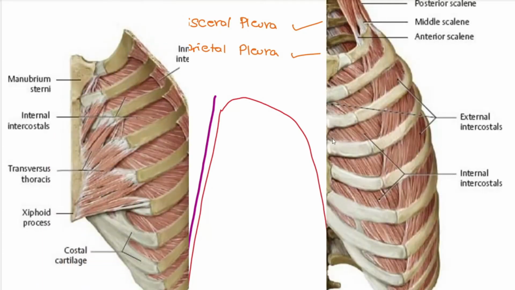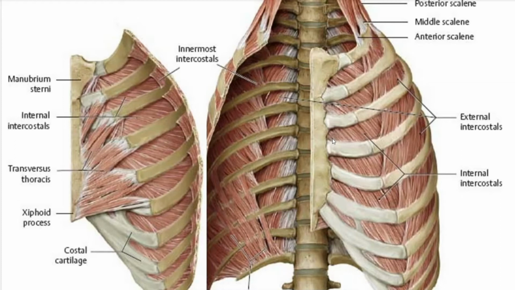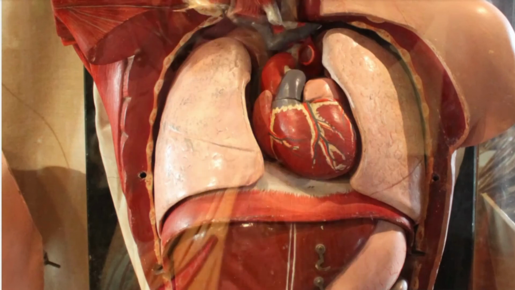thoracic wall. So here in this diagram, as you can note, we have the internal surface of the ribs and the muscles, that is the intercostal muscles. So the inner part that is covering the ribs and muscles, the intercostal muscles directly, is referred to as the parietal pleura, since it is in close contact with the thoracic wall, which is formed by the ribs and the muscles. So this one is the parietal pleura, whereas the one which is in close contact with the lungs is referred to as the visceral pleura.